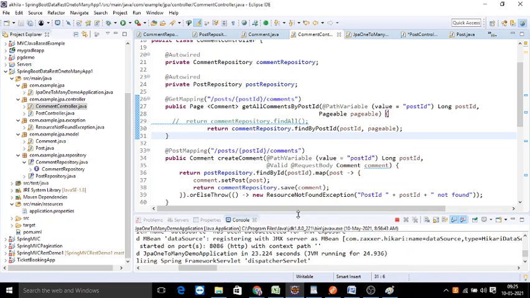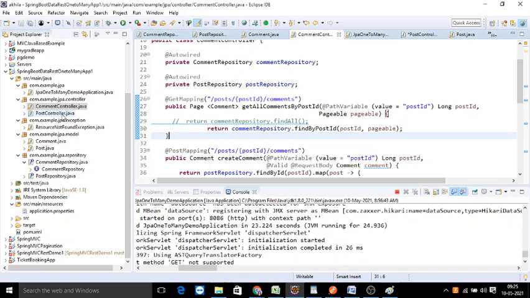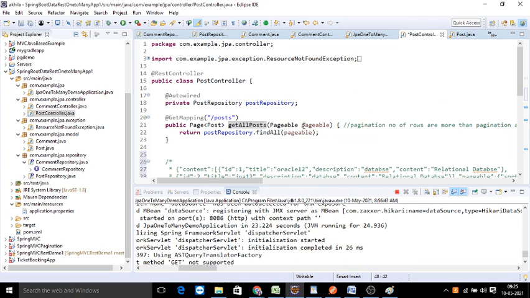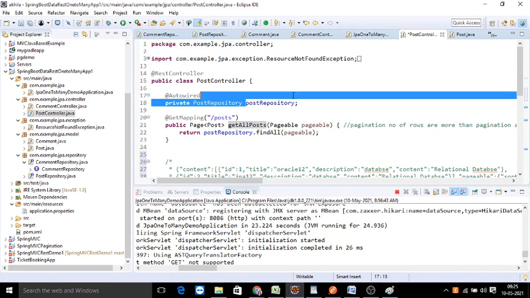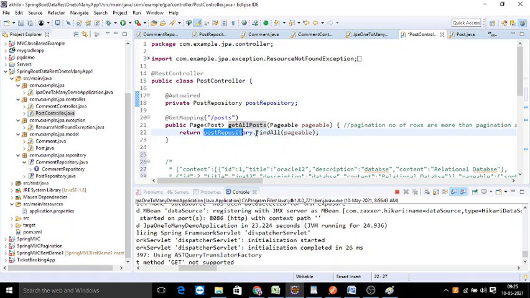first of all we will start practicing with the post controller. In the post controller we have a post repository. We are taking a repository, we are making use of all the predefined methods, findAll to display all. And here you can see for a get all method we need not pass any object, but here there is a new type of pageable thing possible for your repository.